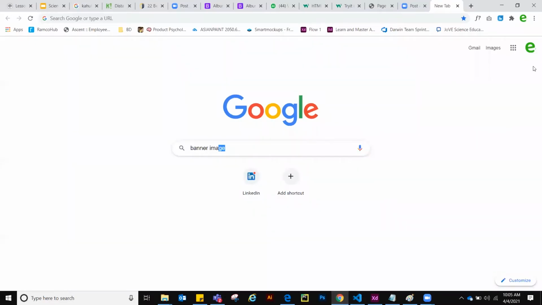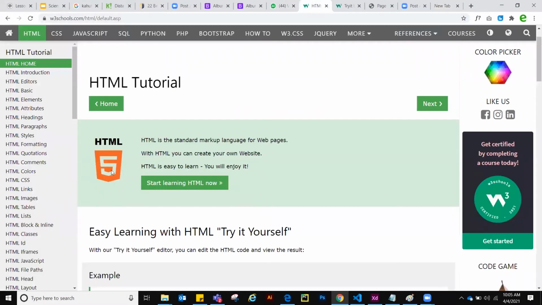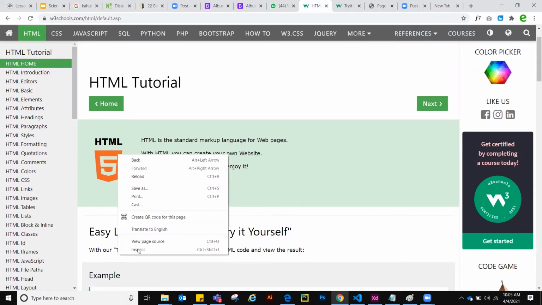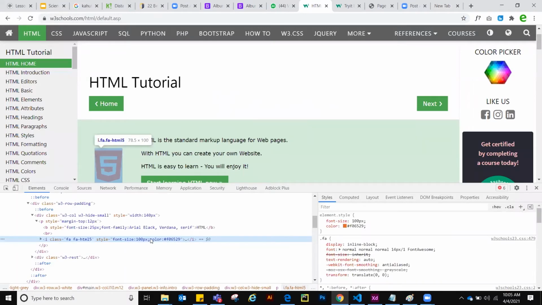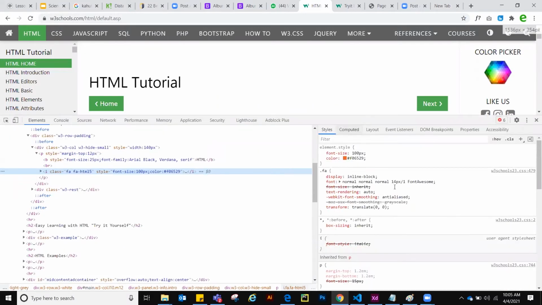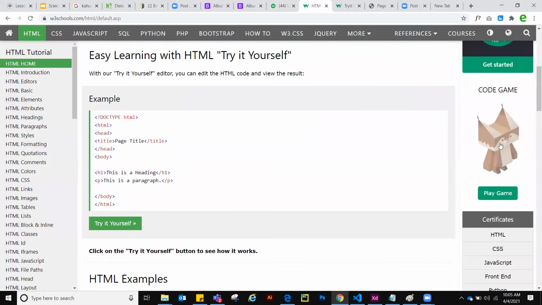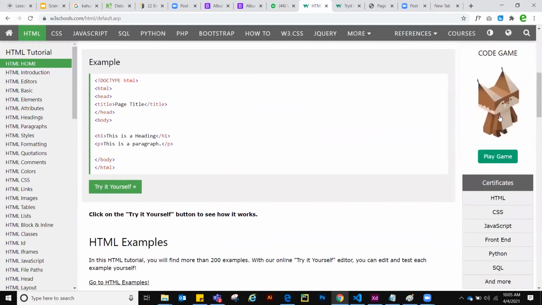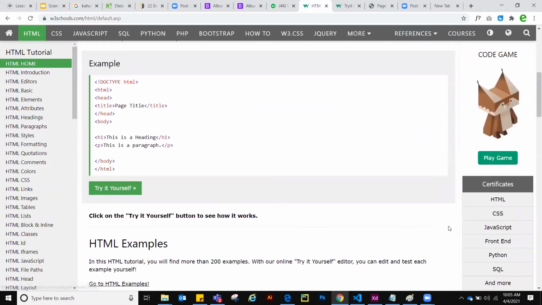Can anyone tell me what I can do? Right, go to any site. Okay, go here. This is also an image, right? Inspect, simple, so easy. See, this is not an image, this is an icon, so there should be some image. This can be an image. Inspect.